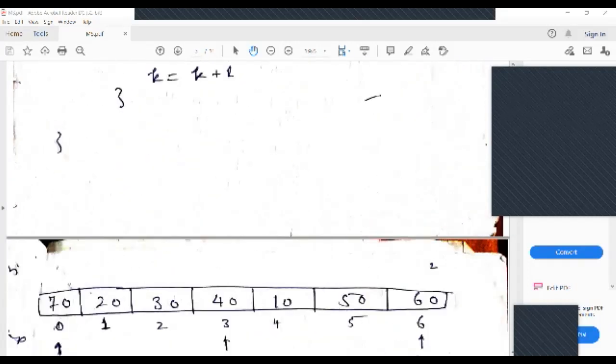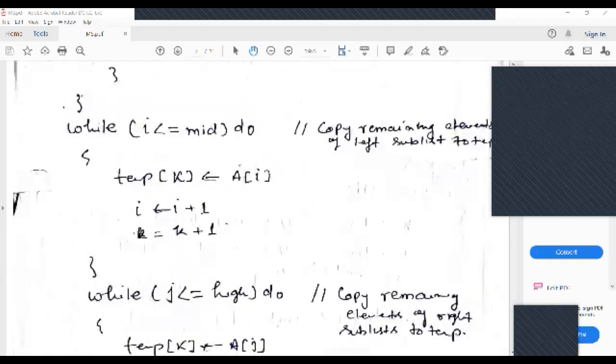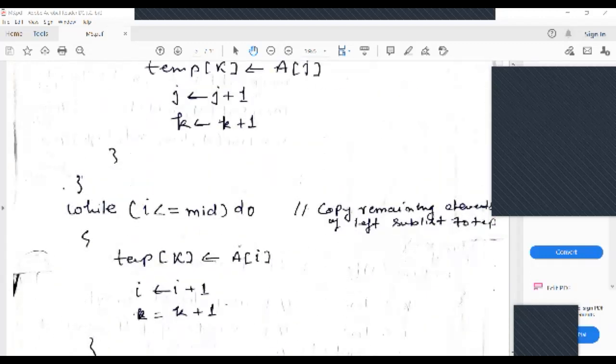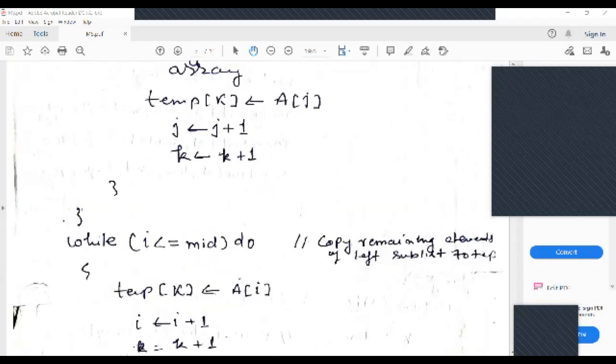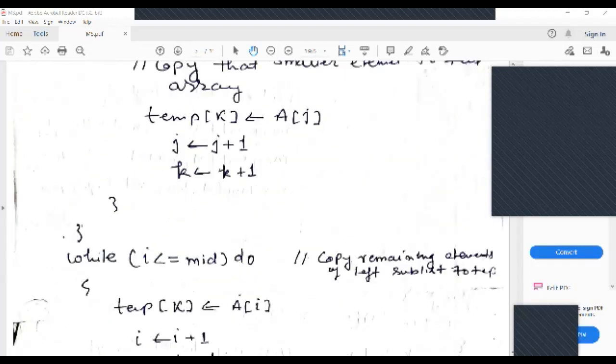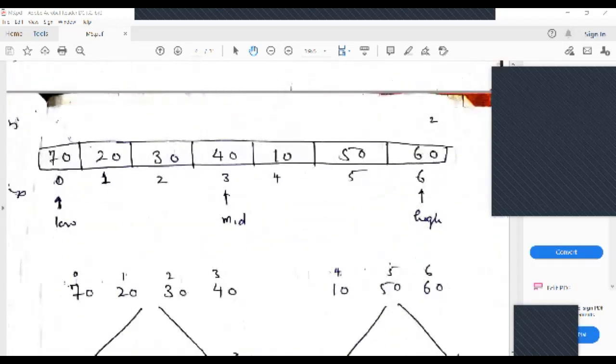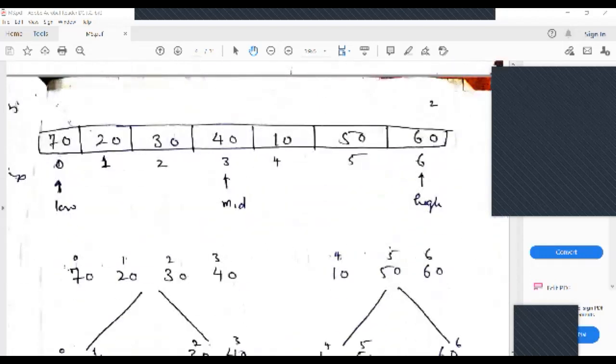ठीक है, #include वगैरह आप लिखेंगे, इसके बाद ये दो प्रोसीजर बताएंगे जो इंपॉर्टेंट प्रोसीजर होगा, which will implement your overall merge sort working. ठीक है, अब let us try to understand using a simple example, because as you have seen, this combine is the important step of the problem. So let us see how this combine is working, and in terms of that, just see how this merge sort is working. ठीक है, यहां तक आपको समझ में आ गया. अभी इस एग्जांपल से आप समझिए. Is this clear?